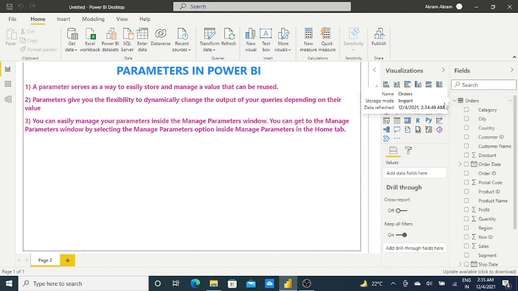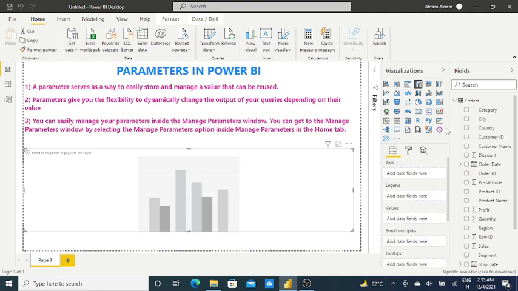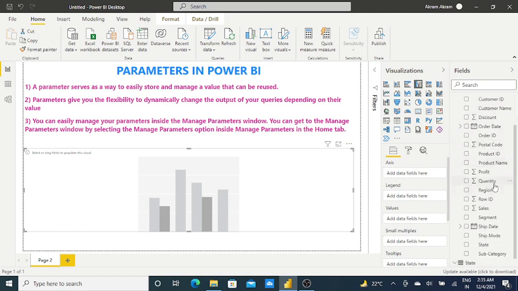Now my scenario, my task, is that I want to see the sales of a state, say Florida. What I need to do is take a visual, friends. First let me take a column chart, and then go with the sales.